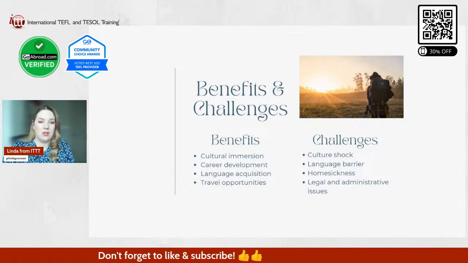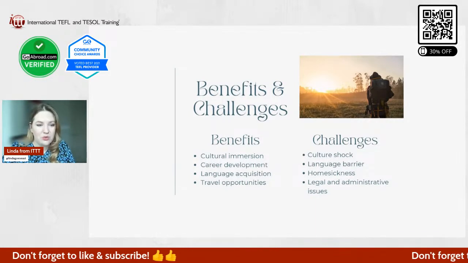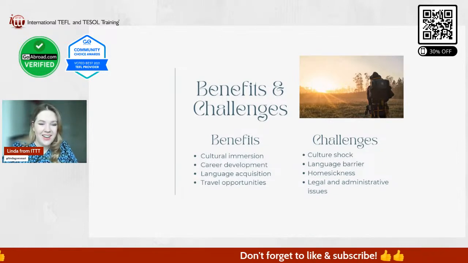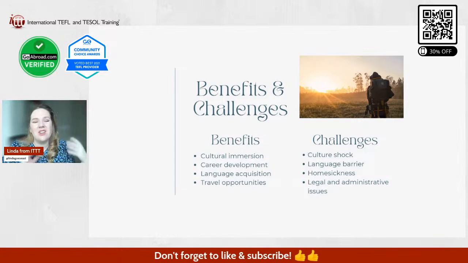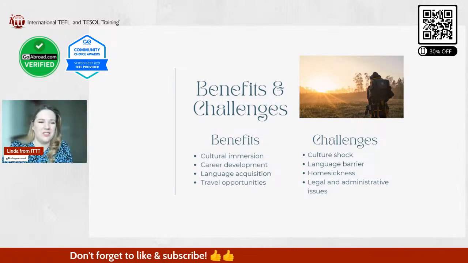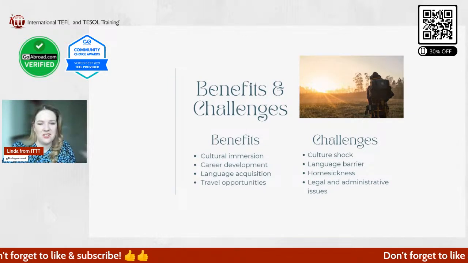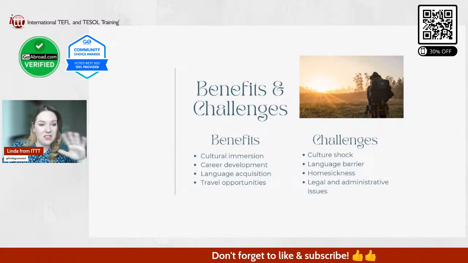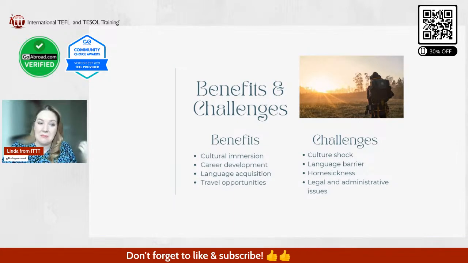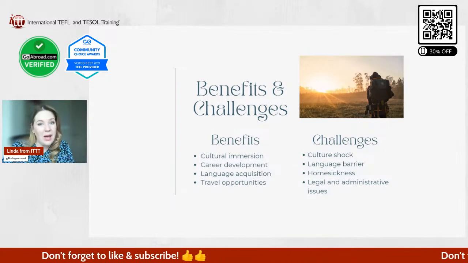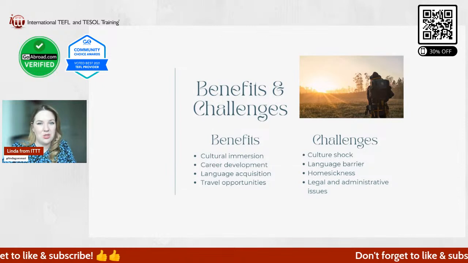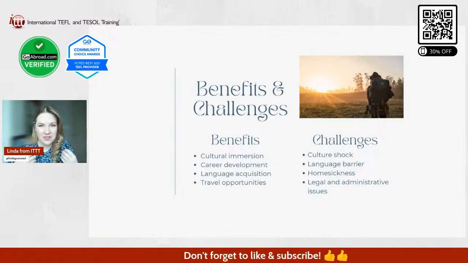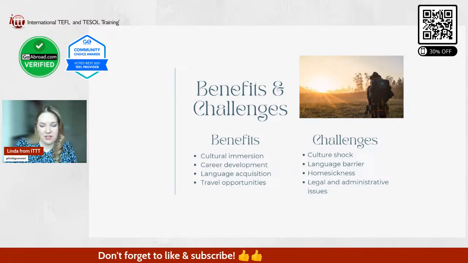So these are some important challenges, and we all kind of just focus on the benefits of traveling and the culture and all that fun stuff, and we don't really think about the challenges. That's why I wanted to start with benefits and challenges, because they're really important. Not going to say that everything's going to be bad, but just keep these things in mind, right? So that when they do happen, you're not going to be super surprised. But it's just a natural part of moving abroad, living abroad in a different country.